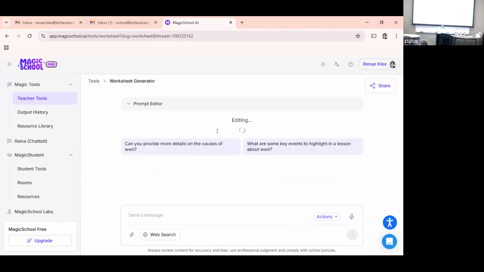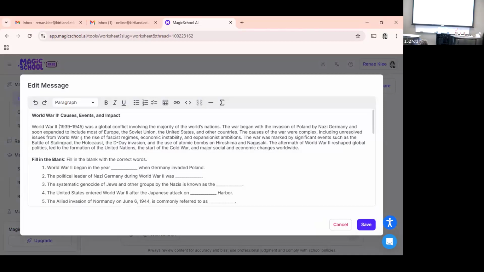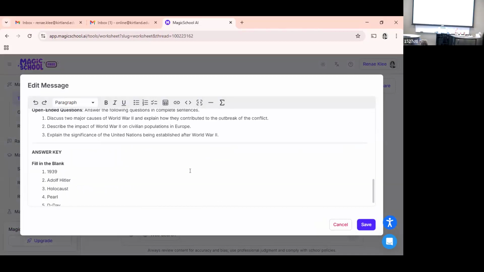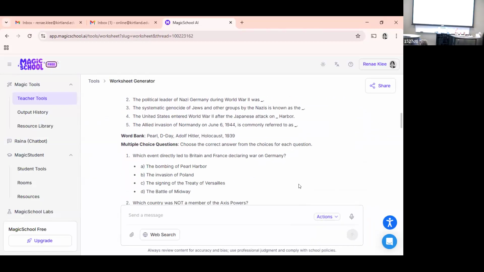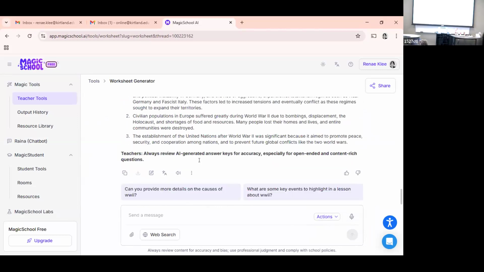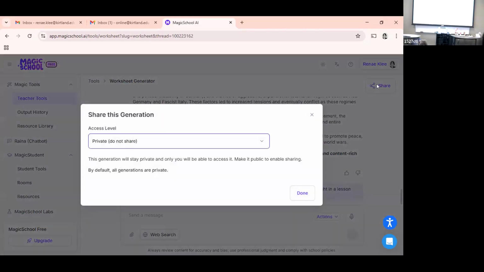Oh, it looks like you have an edit option as well. You can go in, click edit, and make some changes if you want. It'll take about 15 seconds. Oh, it looks like you can change the access level as well.